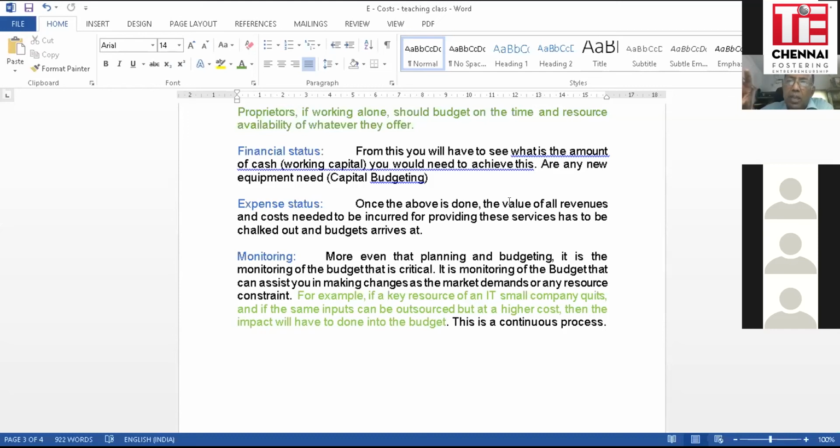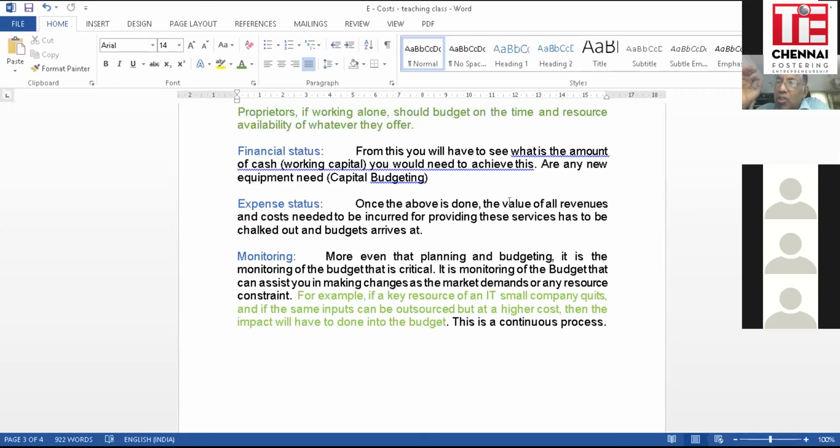You see how at the beginning I told you your balance sheet, P&L, and cash flow are all coming in. The balance sheet, surprisingly, is less important at this particular stage of monitoring, because it is more derived from your P&L; ultimately it'll come to that. Monitoring matters much more than planning and budgeting. Planning and budgeting you will do in the months of, typically, February, March. This year, of course, is an unusual year, so you might go back to the drawing table now and start doing it. But more than that, it is the monitoring of the budget that's absolutely critical.